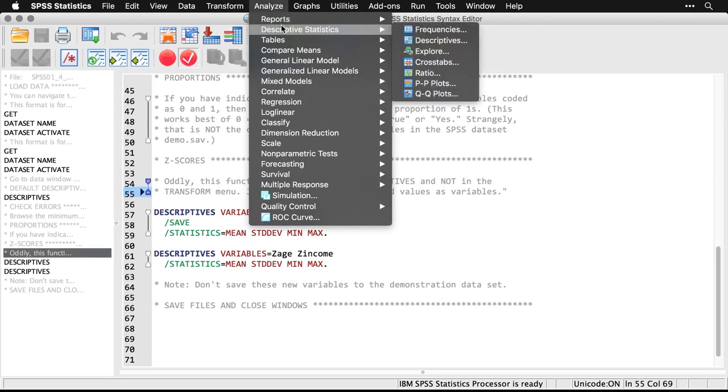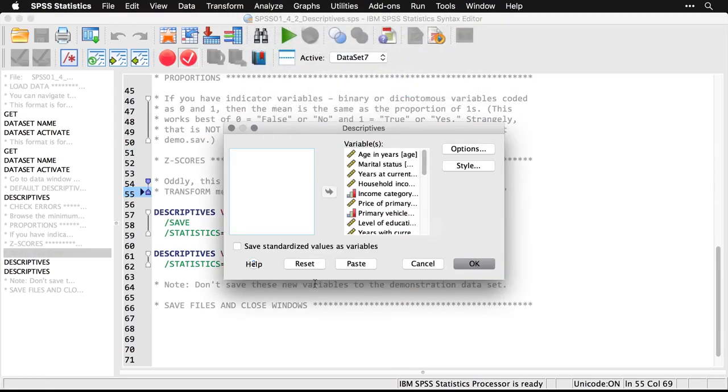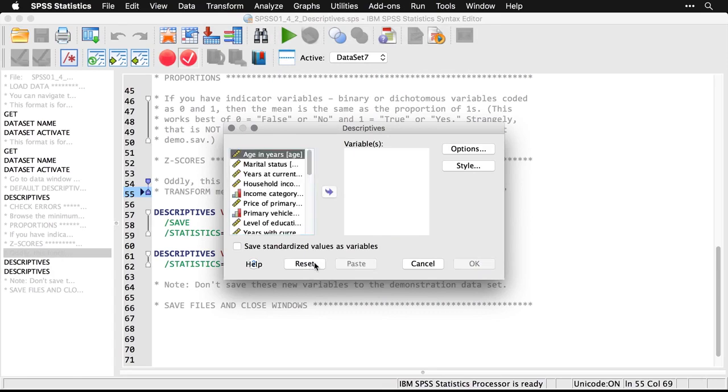So let's go back to descriptives. And let's do age and income. So I'm going to reset this. I'm going to pick age, and I'm going to pick household income. And I'm going to get both of these as z-scores because a lot of procedures work a lot better if you have z-scores. All you have to do is this. Click Save Standardized Values as Variables. And if I hit OK,